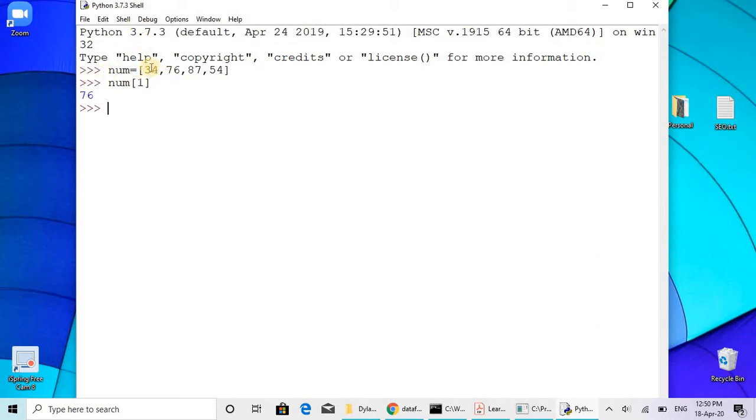The indexing starts from 0, then 1, 2, 3, like that. Today we are going to discuss dictionaries.